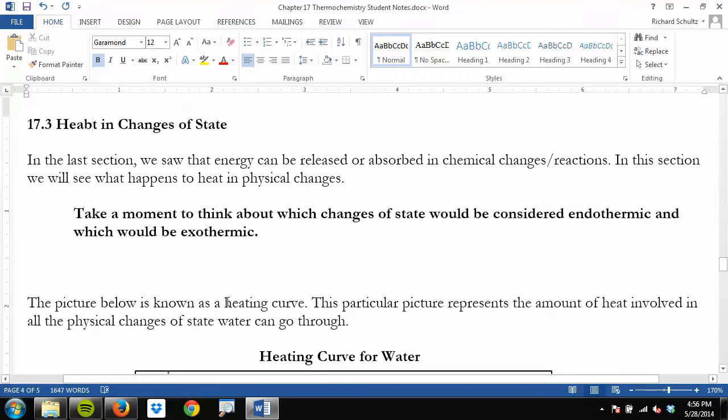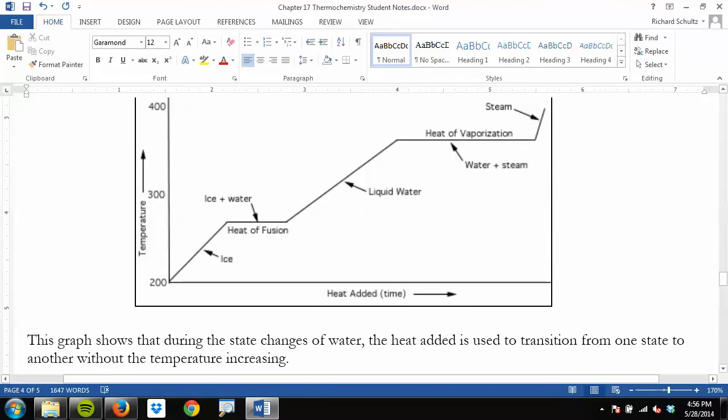So again, this is solid, liquid, sorry. So we've got solid, liquid, gas, and those transitions we saw, this direction going that way, are the transitions of solid to liquid. That is called melting, so this is melting. The fancy name for this is the enthalpy, or energy needed for fusion or melting. And the process as you go from liquid to gas is called vaporization, so they call it the delta H